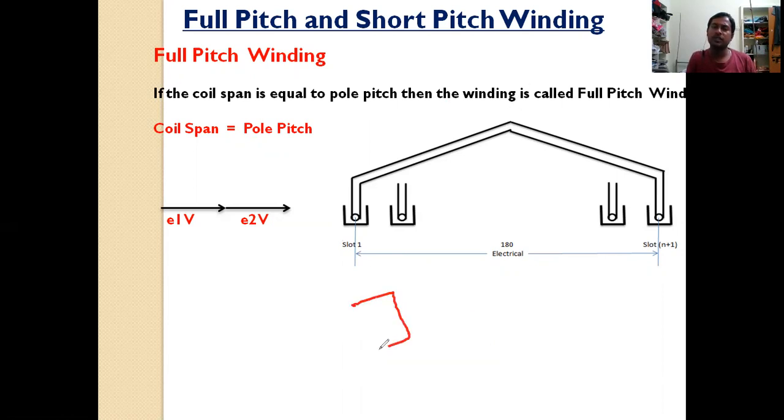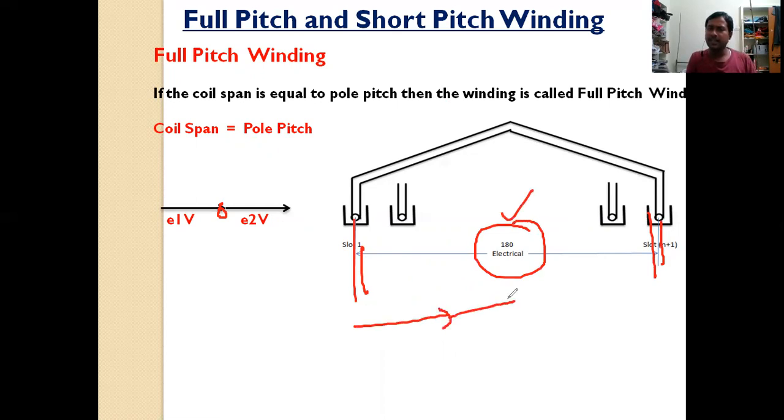To understand this, you can see here north and south, and if you rotate this single loop generator, the current flows in this direction and in this direction, exactly upward and downward. Both are in phase. In the same way, if you use full pitch winding, the induced EMF is in phase in this coil and in this coil, because it is exactly 180 electrical degrees. That's why they are exactly in phase. Again 1 volt, and the electric current flows in this direction and again in this direction, so both are in phase.